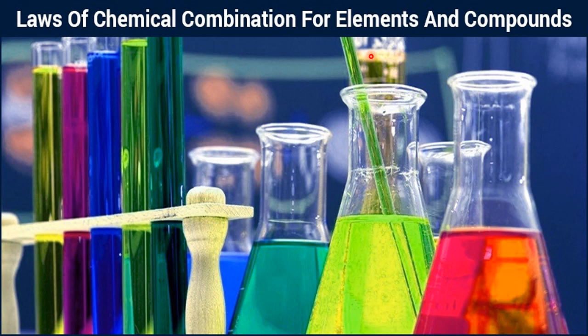Now we discuss first, what are the laws? After conducting several experiments, they have made the laws. So first they conduct experiments, they go for the calculations, they conclude, then they go for the law. So that law, after everything they make a law, is the universal truth. So we go for the laws of chemical combinations for elements and compounds. Totally for 11th class we have 5 laws. In the 9th class there were only 2 or 3 laws. So 2 more laws are added to the 11th class curriculum. So all together we will discuss 5 laws of chemical combinations.